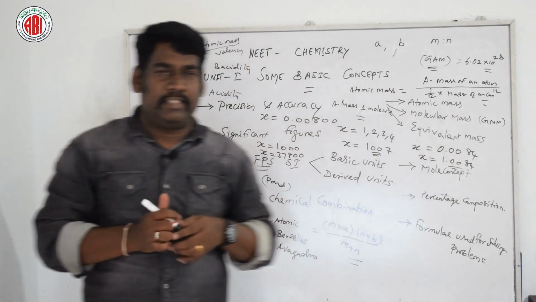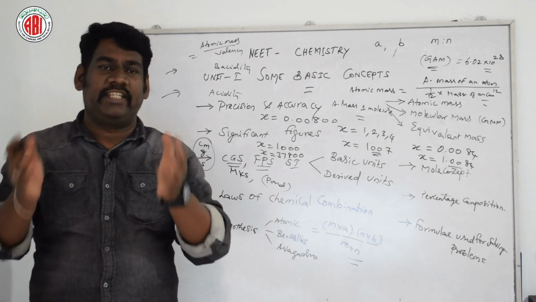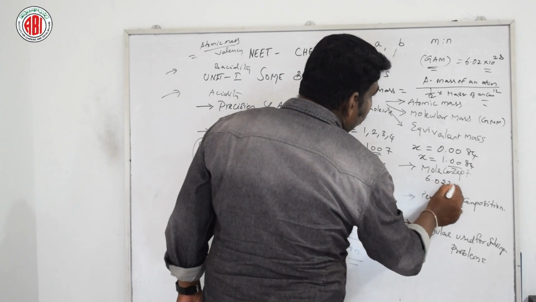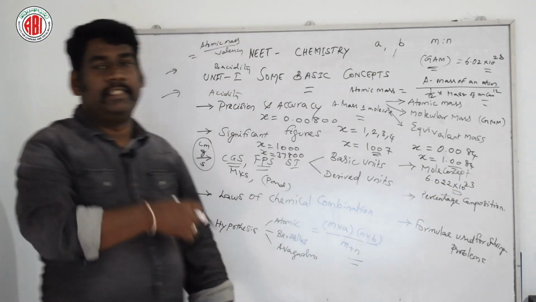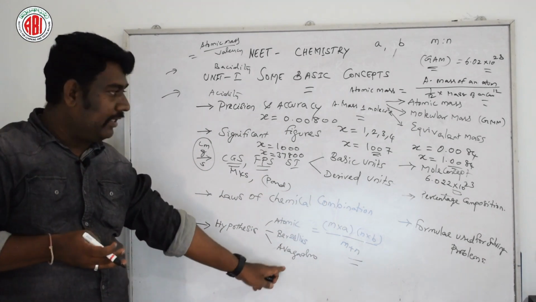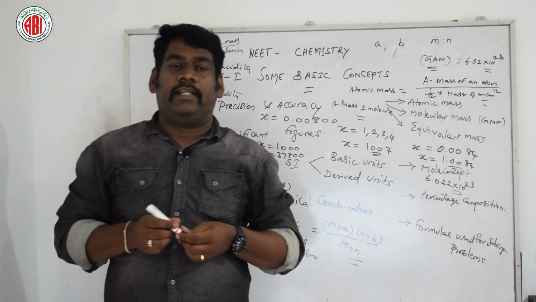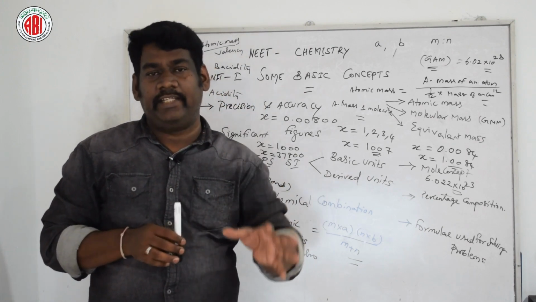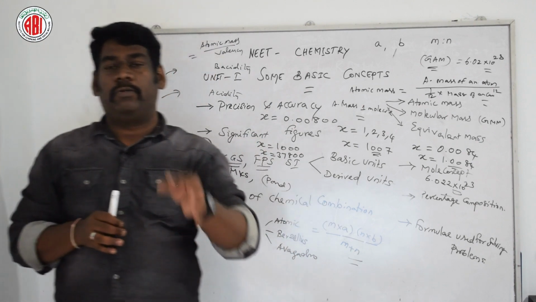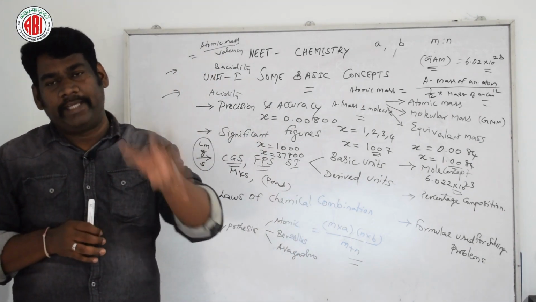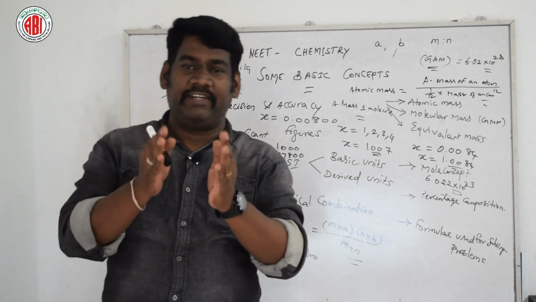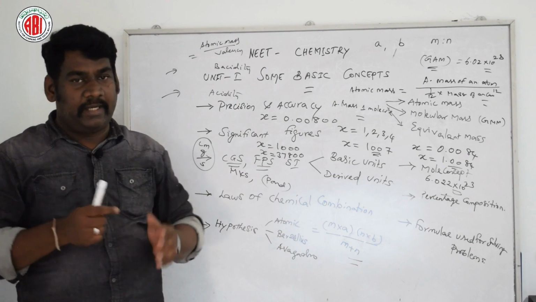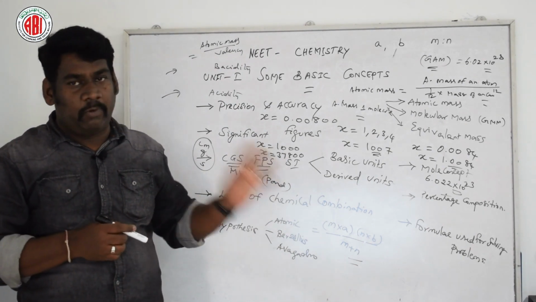According to this mole concept, the fixed number we are using is 6.022 into 10 to the power of 23. That is nothing but Avogadro's value, or the Avogadro number. And this is about the mole concept. If you are finding the number of moles, it is equal to the weight given in gram by the weight of 1 mole, given in gram per mole. We are using this to find the number of moles. So this is about the mole concept.